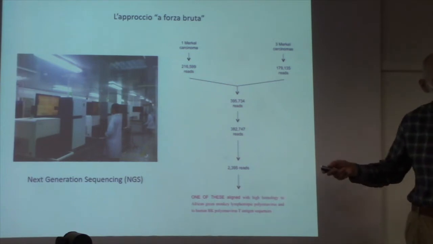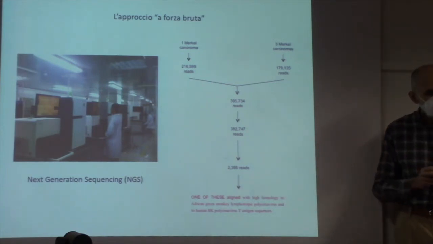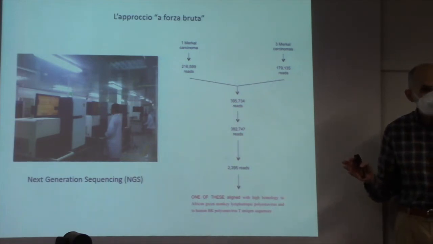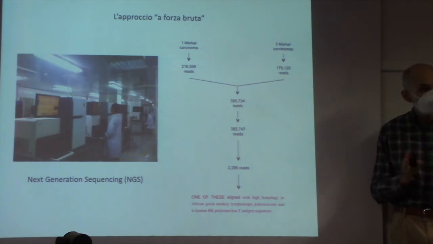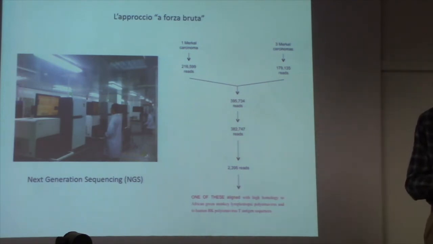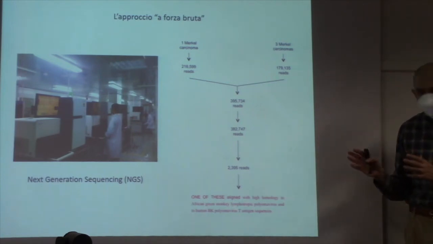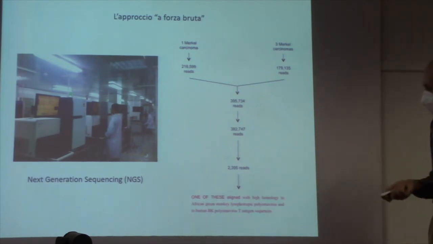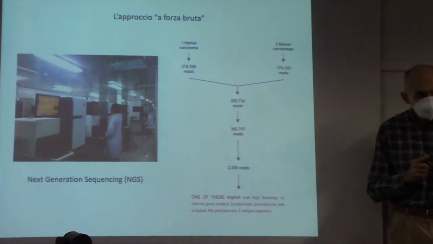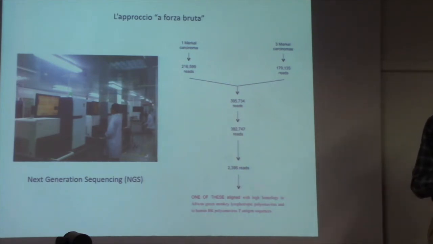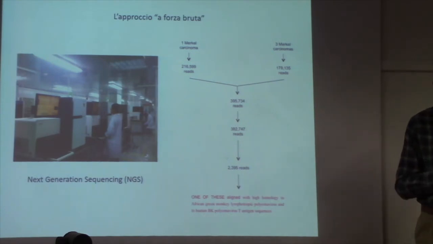essentially eliminated most of the reads, most of the sequences, because they were human. They were looking for something that was not human. So they simply aligned the sequences onto databases, onto human databases. Whatever did not align was a potential virus. One of these reads, only one, was indeed a viral sequence which the authors recognized was similar to a simian